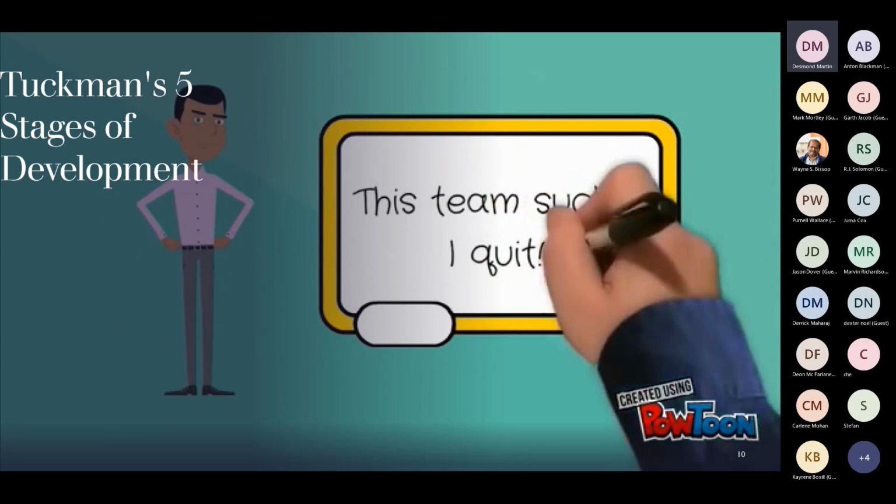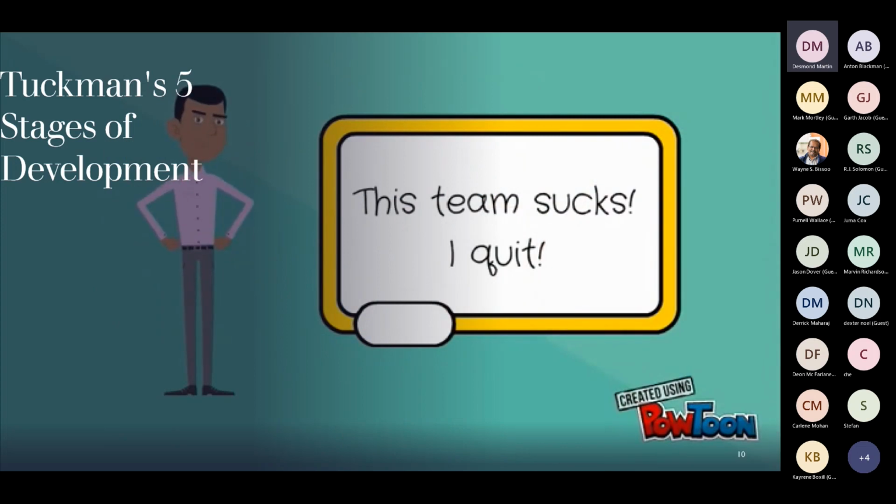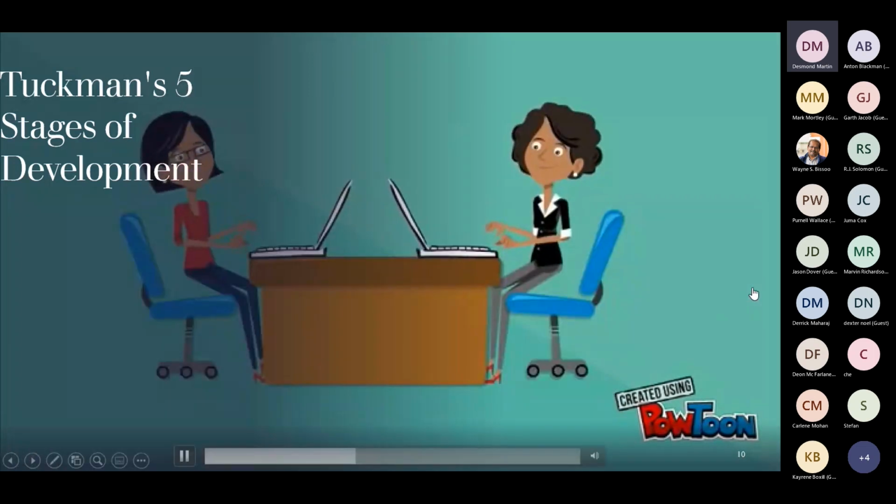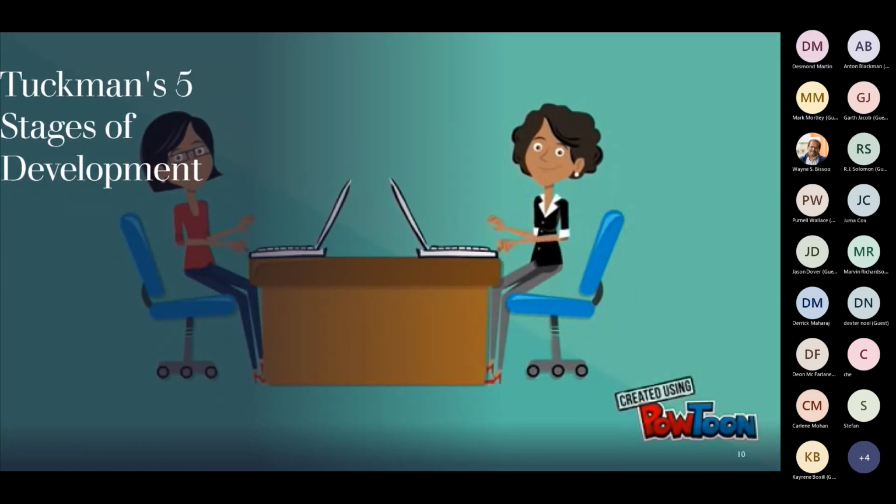However, severe enough disagreements during the storming phase can sometimes result in abandonment by individual team members or dissolution of the team altogether. Assuming the team does not dissolve during storming, the team building process then moves into the third stage called norming. In this stage, the team members form close relationships and a cohesive unit develops.